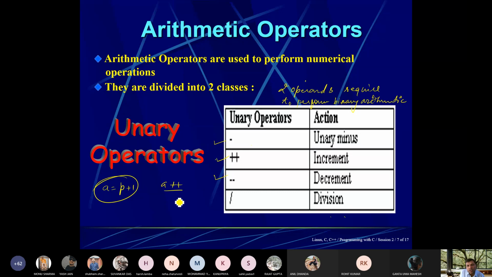Like a minus minus is whatever previous value minus 1. And division, division is a slash. Actually this comes sometimes unary and sometimes binary, so we will consider it as only a binary operator. If a special case arrives, I will show you. Fine.